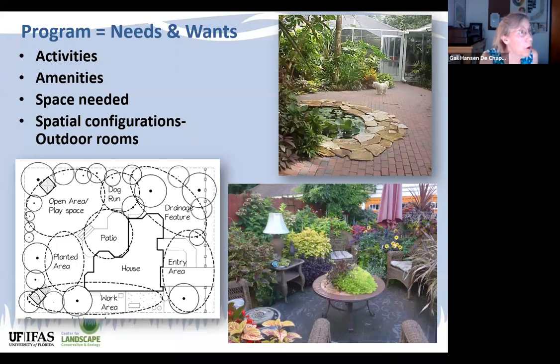Your wants are things that you can do if your budget allows, if you have enough money to do it. Hopefully you won't have that many needs, things that you have to fix, problems that you have to resolve, and you can really do a nice design that concentrates on your wants. So wants might be, what activities are you going to do? Are you going to invite people over, have a lot of visitors, entertain outside? Are you going to cook outside? Do you need an outdoor kitchen? Do you need an entertainment space? What are the activities? Do you need a play space for your kids